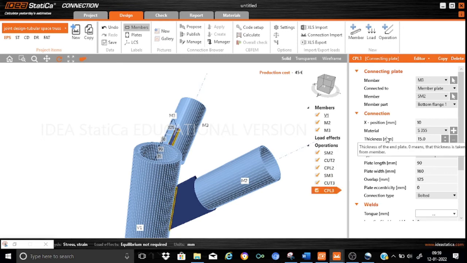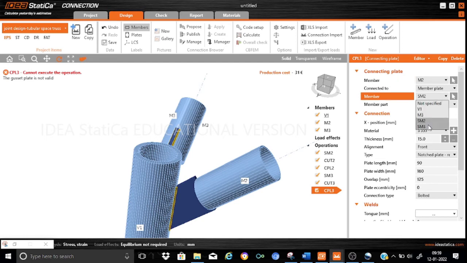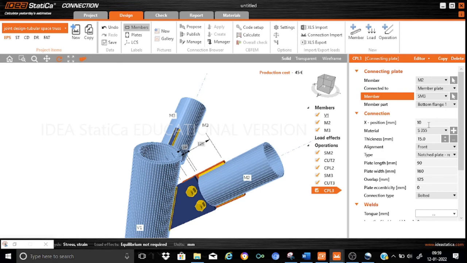In CPL3, let us start fixing all the parameters required for its definition. Here, obviously, the member will not be M3, it will be M2. It is connected to the member plate, and the member plate will not be SM2, it should be SM3, and it needs to be connected to the bottom flange.